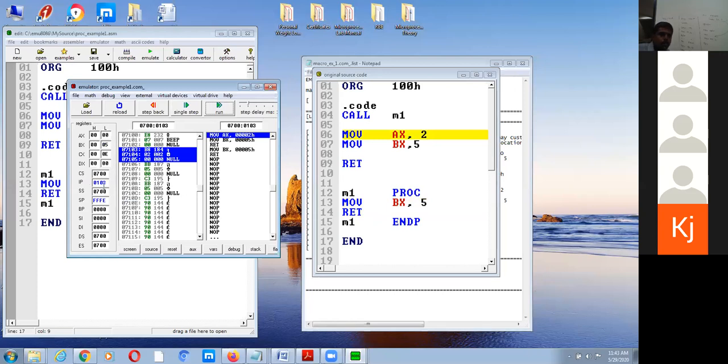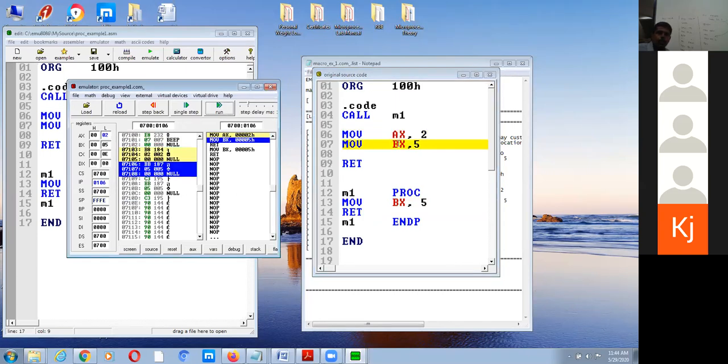Now what is the instruction pointer? It is 103. Here you were at 100, and now it is 103 because this machine code takes 3 bytes. After those bytes, you are addressing 103. This is the current instruction location. So single step again, you are storing 5 into BX, no problem, and then you are going to end the program.